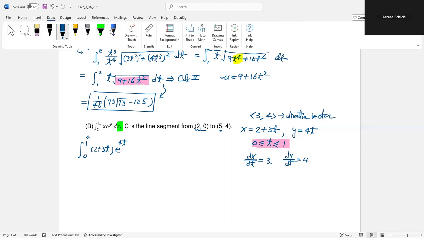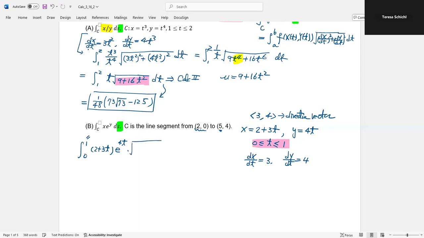Now what I need to multiply by is the square root of dx/dt squared plus dy/dt squared, dt. So 3 squared plus 4 squared is 25, take the square root is 5, so I can take this 5 and put it in the front. Then here I have 2 plus 3t, e to the 4t, dt. Okay, so in order to get this integration, we need to use calc 2